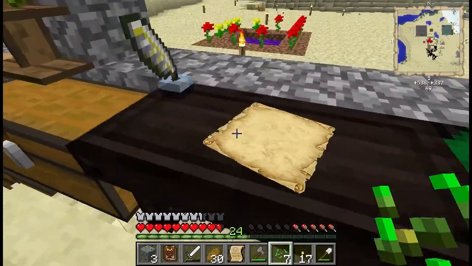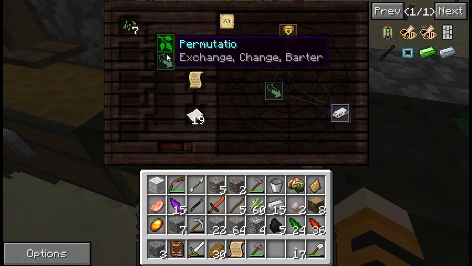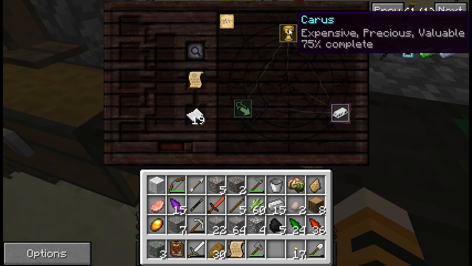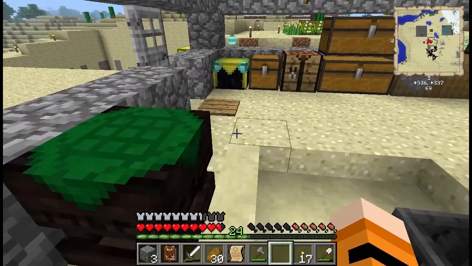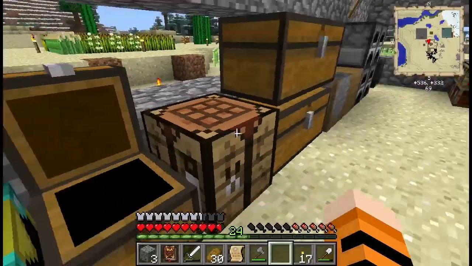So I put some seeds in here. So you get herba, herb, plant, grass, and permutatio, exchange, change, and barter. Seeds are usually the easiest way to get that. I think they give the least amount. So I've got 75% complete on the charis and 80% complete on the permutatio. So I'm gonna see if I can find... Do I have any eggs? I think eggs do that too. Eggs will also give you...